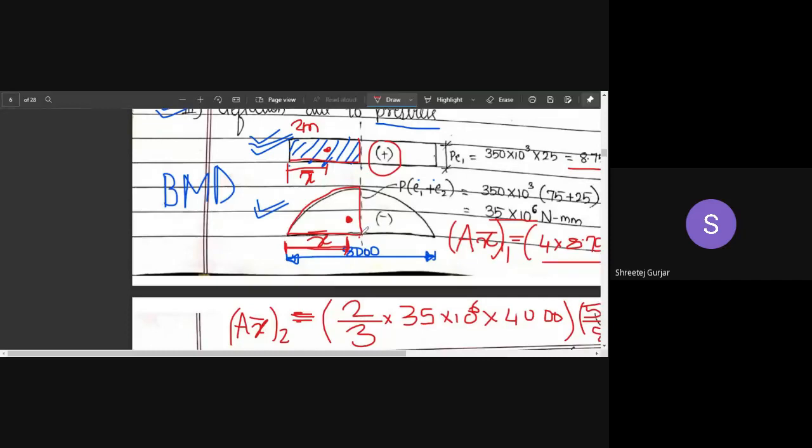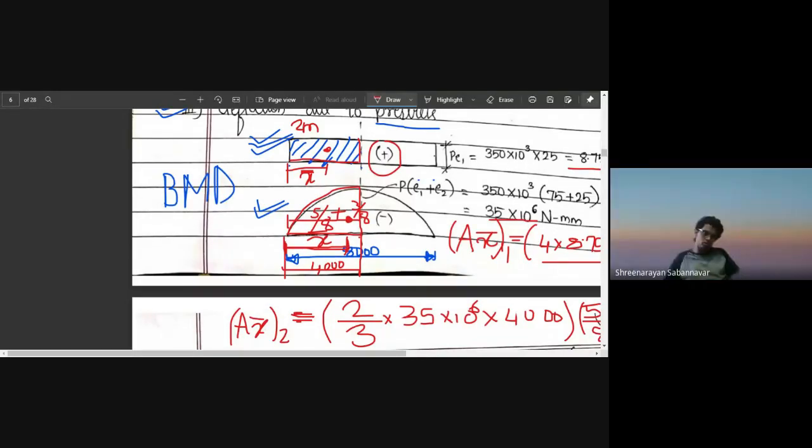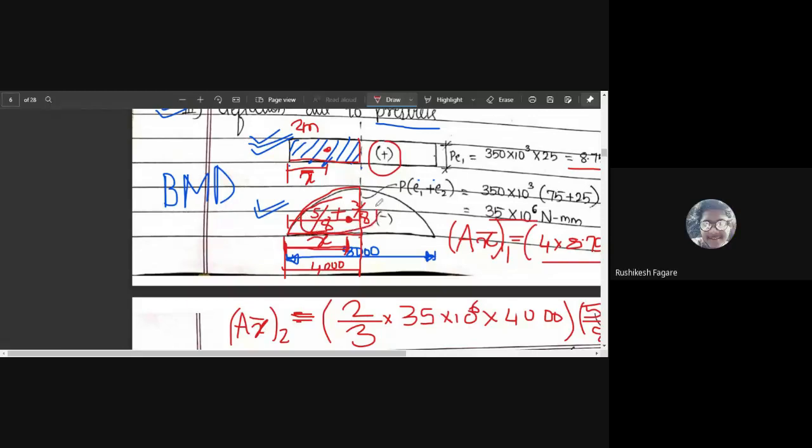How much is it? It is 8000 by 2, totally half. And this distance of our parabola is 5 by 8 of whatever is the total distance. The remaining part is 3 by 8 of 4000. So if you add 5 by 8 and 3 by 8, what will it be? Tell me, 5 by 8 plus 3 by 8. It is one. So whatever we have used is correct. That is nothing but 1 into 4000, that is 4000 itself.